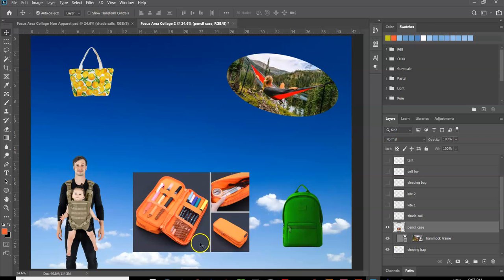I found this image that I really liked of a pencil case on Google Images, but the image came through with these little subsections that I don't really want. So the first thing I'm going to do is cut out my image so that I don't have these bits here. And because this is a rectangle, a really quick way to do this is